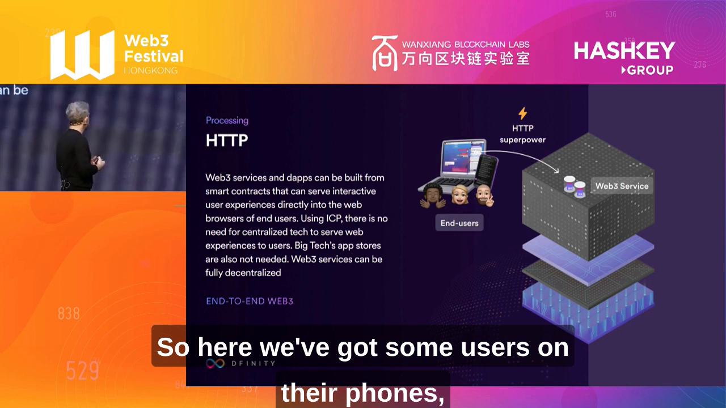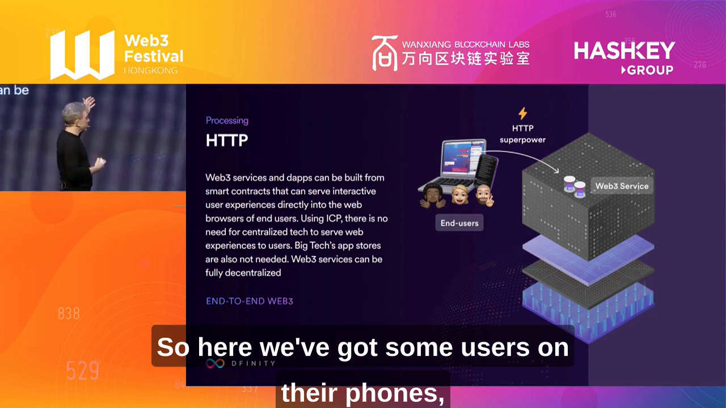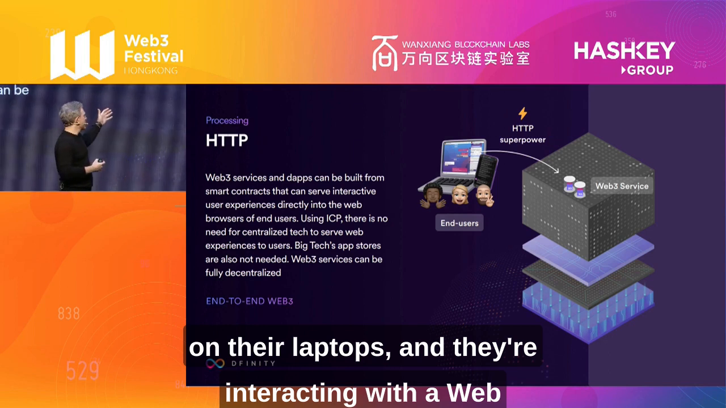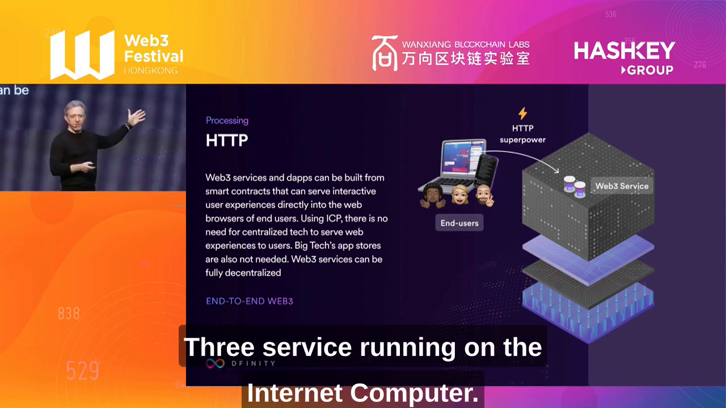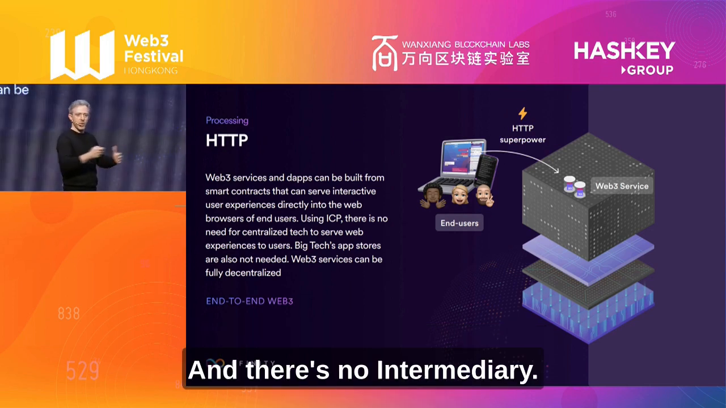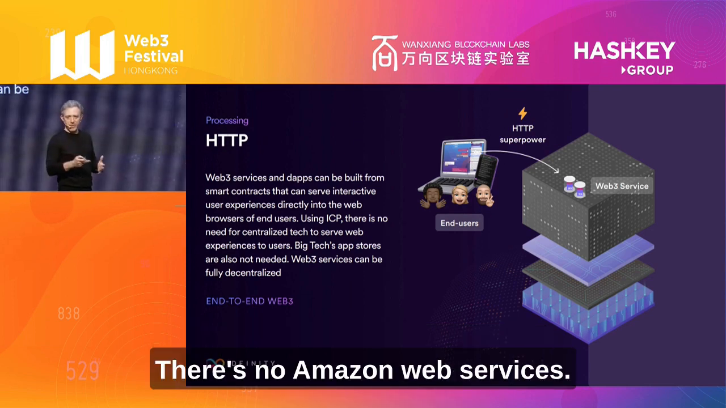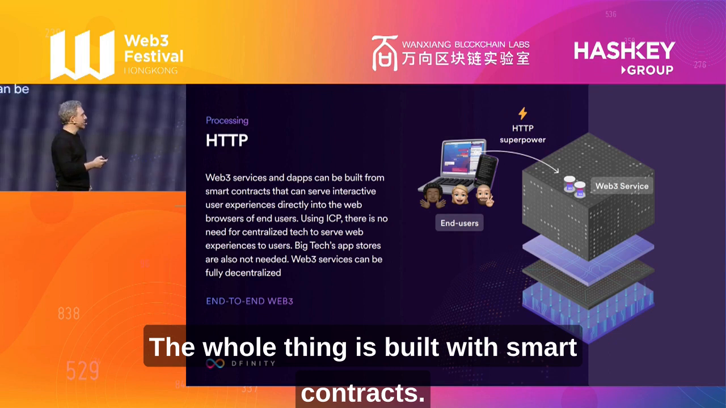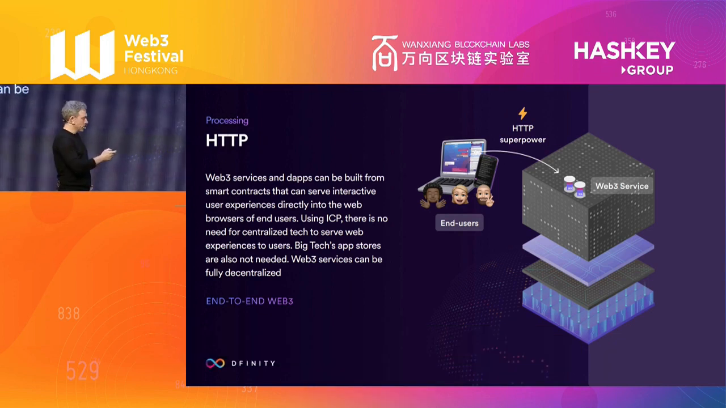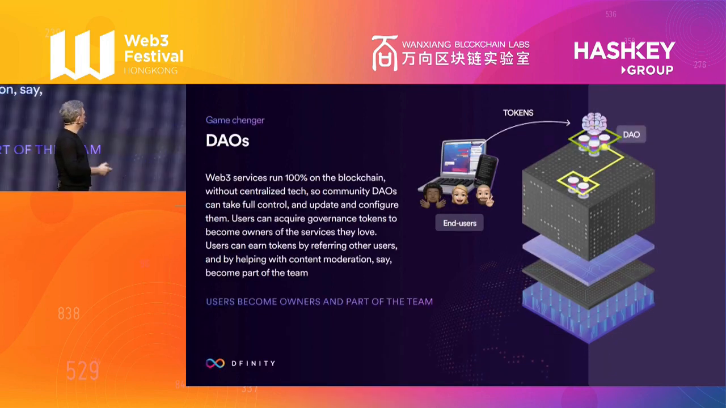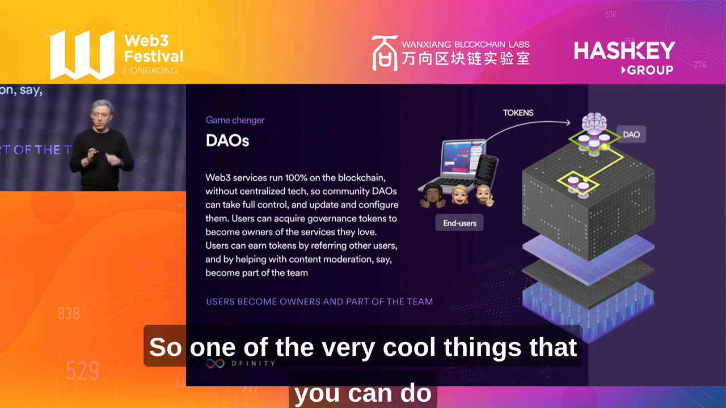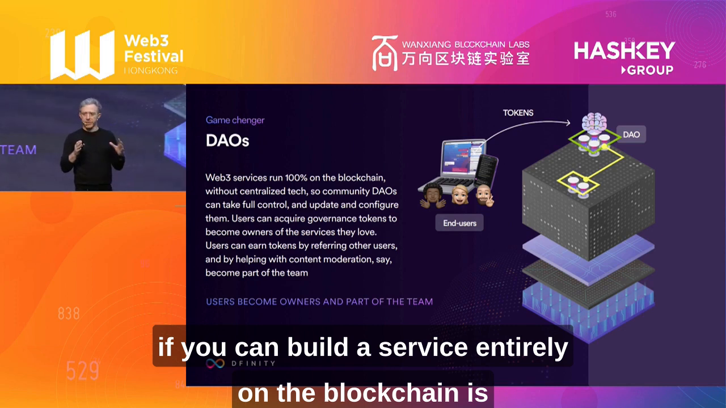So, here we've got some users on their phones, on their laptops, and they're interacting with a Web3 service running on the internet computer. And there's no intermediary. There's no Amazon Web Services. The whole thing is built with smart contracts. So one of the very cool things that you can do,